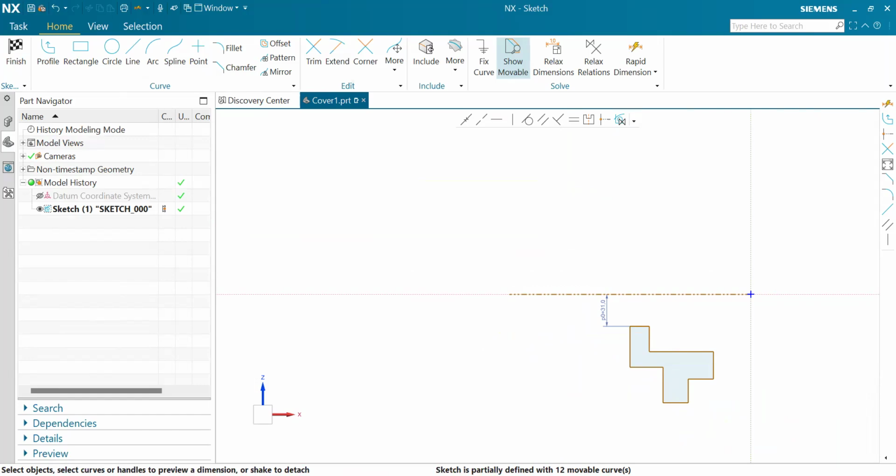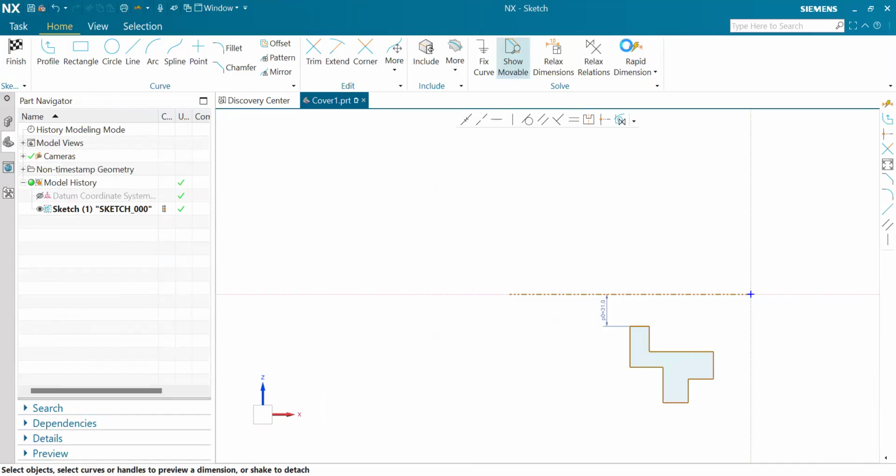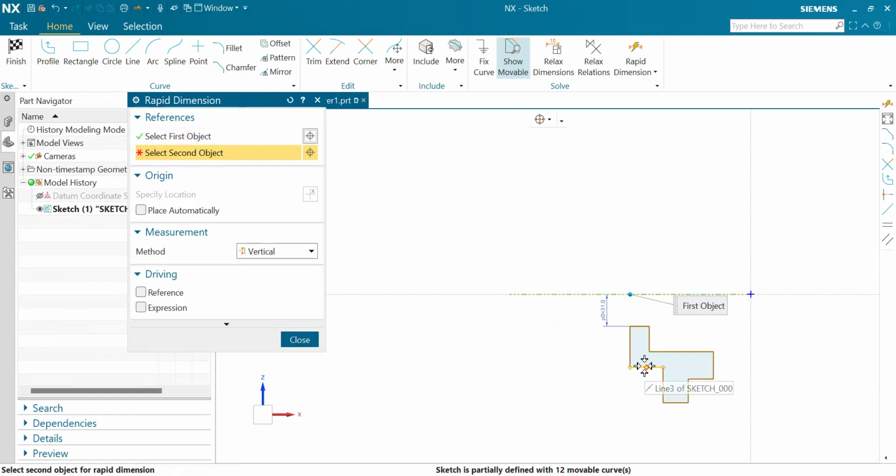Great. We move on to the next one. We see from this part to this part. We're not going to go all the way, we're just going from here to here. I like to start from one after the other. We cannot just jump from here to here, else we'll have a problem in our sketch. I will do it and show you what I mean. We're just going to put a dimension of half of 104, and you will see what will happen. So vertical, this part and this part,